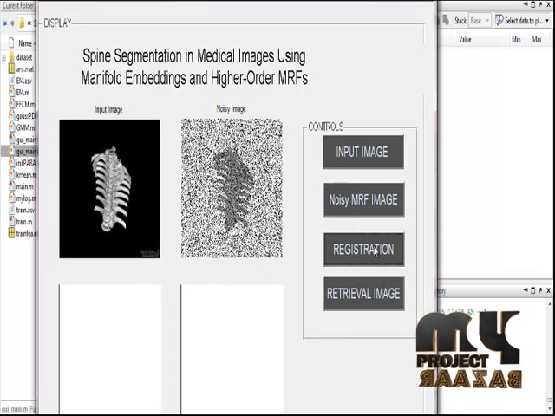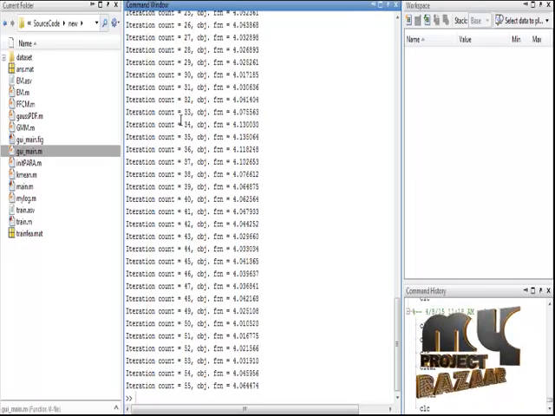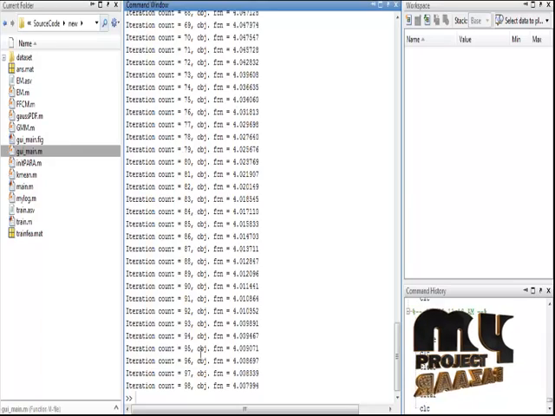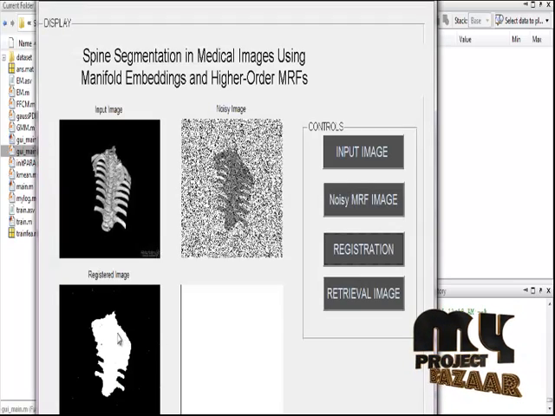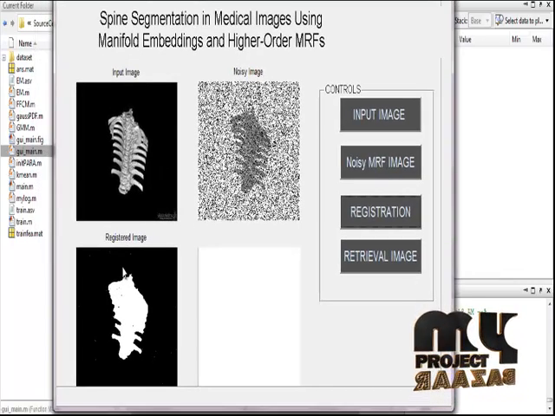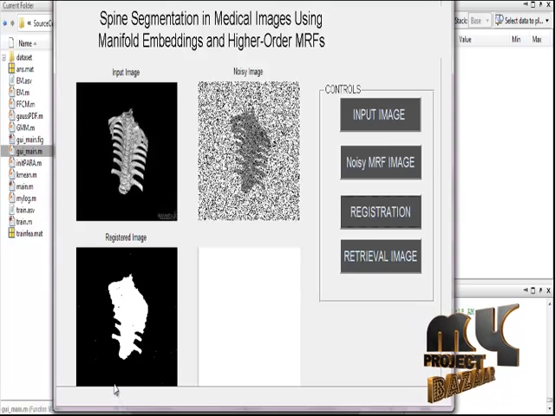After clicking the noisy image, we click the registration button. After clicking the registration button, the program runs in the command window, which runs up to 100. After the command window finishes, we get the registered image. Only the spine parts of the input image are registered in that image. The segmentation is possible in that